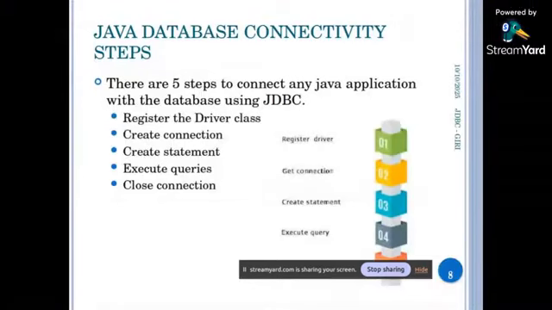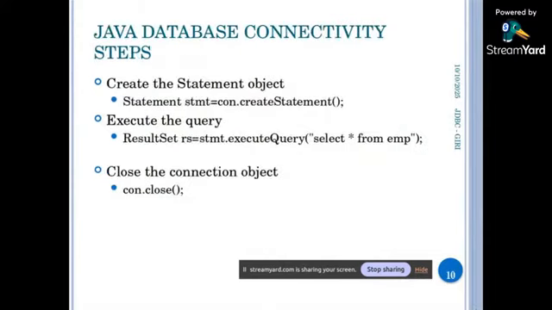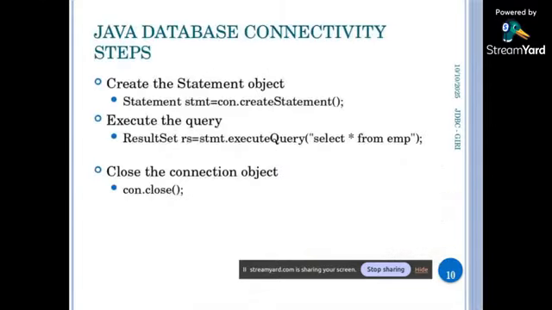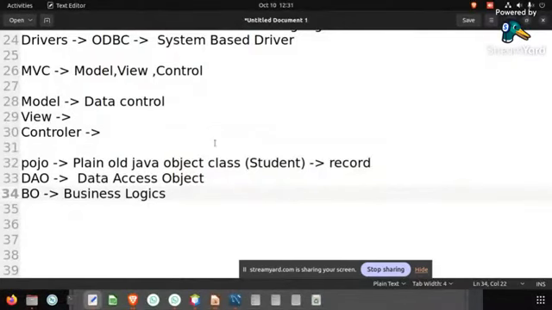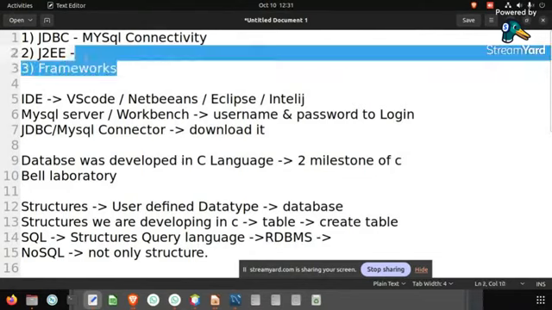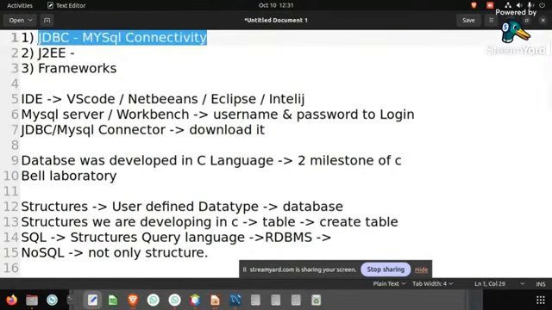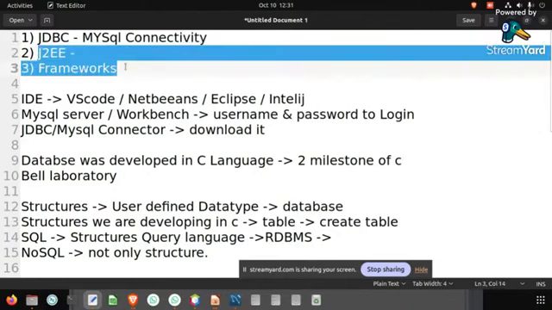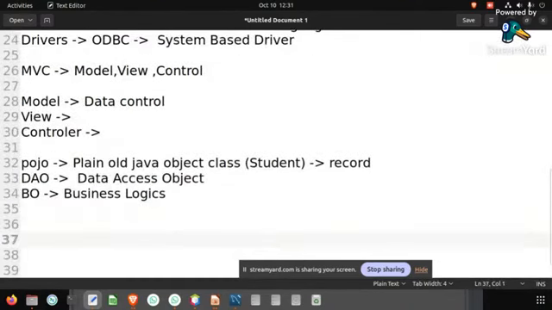So after this, we have a batch operation. So this is just for creating a connection, creating a statement, executing a query, and executing an update. After this, we have batch processing, so that we can also see. But before that, I want to give an introduction about these things. So right now, this JDBC MySQL connectivity is done. Now we can go for J2EE frameworks and other frameworks. Okay. So first,